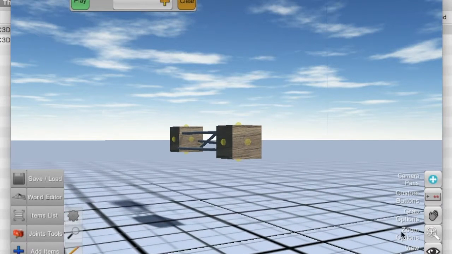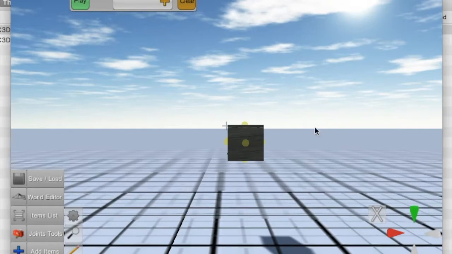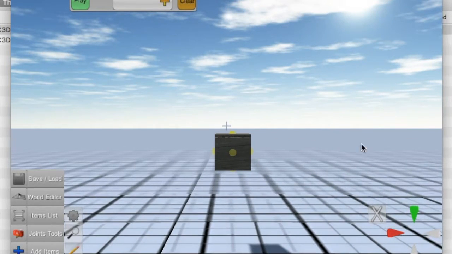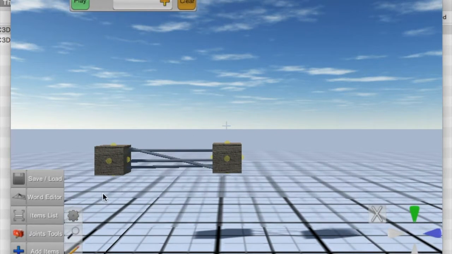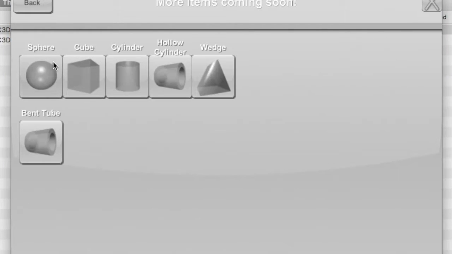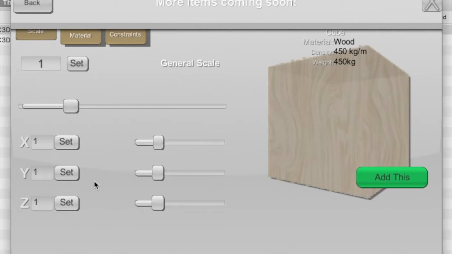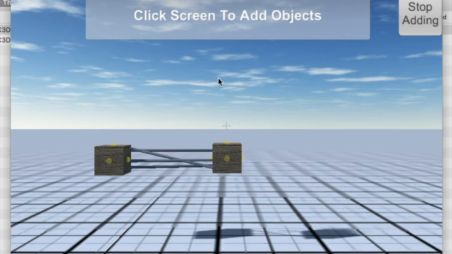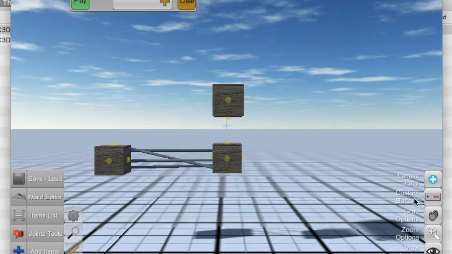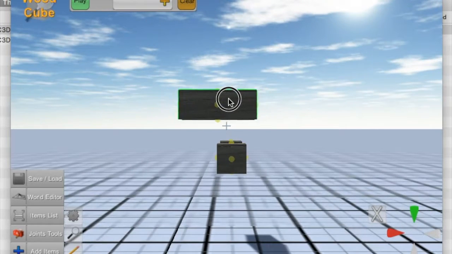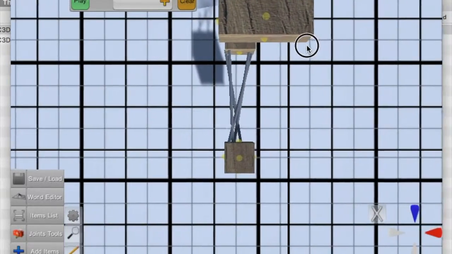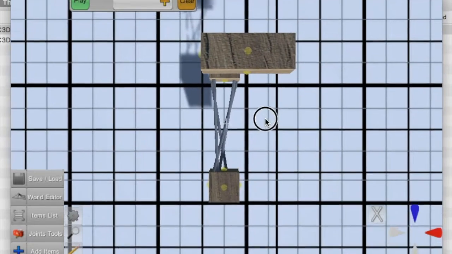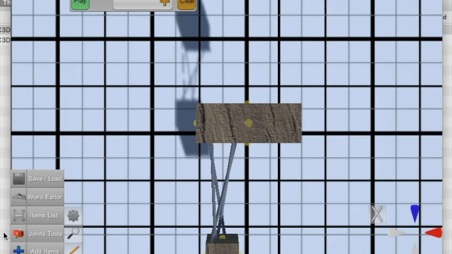And I'll also just really quickly show you the rotating version of this, and it's going to rotate, I would say perpendicular, I suppose, to the angle that you're viewing it, and I'll just show you what I mean. So I'll add another cube, scale it up over here a little bit, drop it right on top of there. Maybe I'll offset the angle a little bit. And then there's the block underneath here that you can see right there, and then there's the target block I'm going to click through. I'm going to add a wheel joint